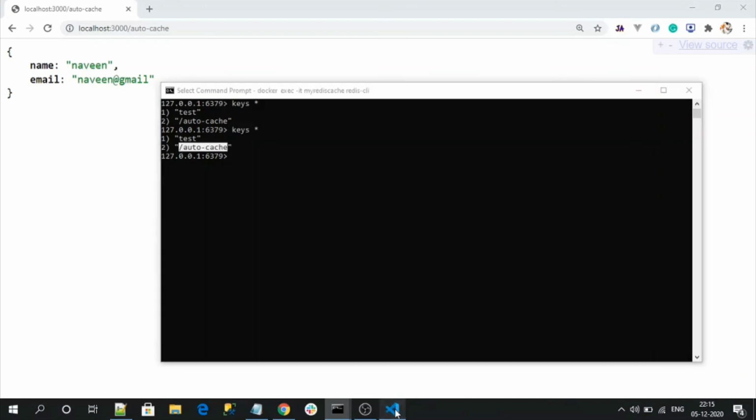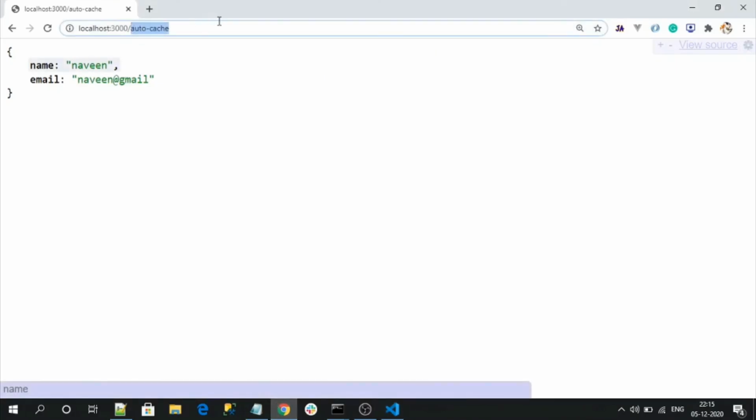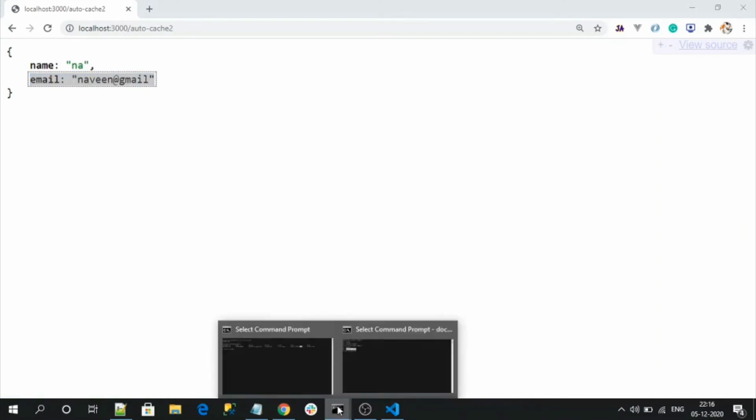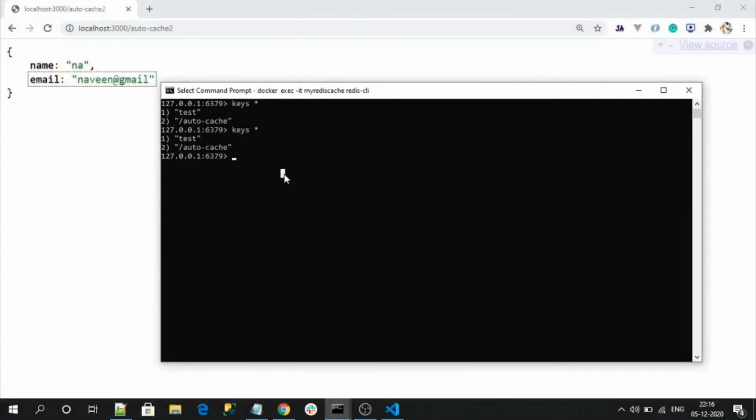So for now, what I will do is change my route name so that we will get a new record. Now check our CLI command. See here, my auto cache key.